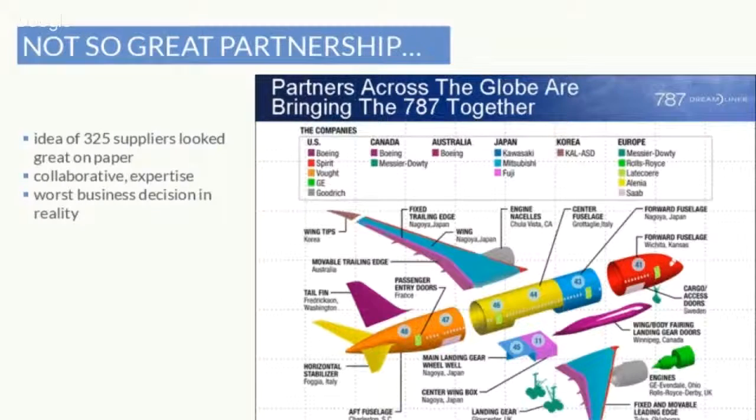So Boeing, when they started to build their 787 aircraft, a new jet engine airplane made out of carbon fiber, decided to do something that no airline manufacturer had done so far. Instead of Boeing building all the parts, they were going to outsource all the manufacturing risk to different partners all around the world. What you see on this slide is one picture of all the different manufacturers. Well, actually, not all of them. This is a selection with the biggest components of the Boeing 787. But they outsourced all of the different components to all these different companies all around the world.